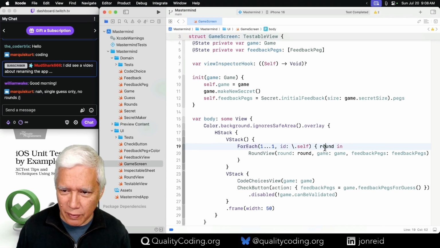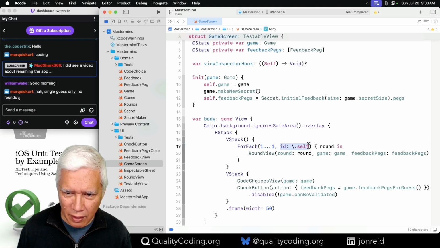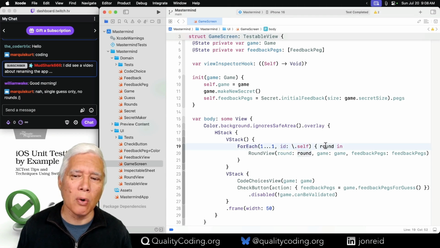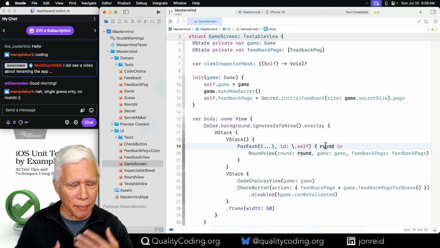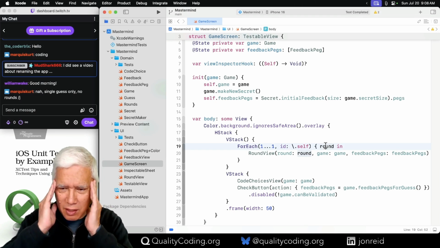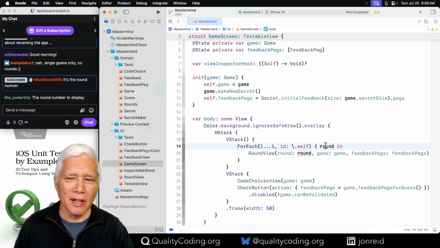Wait, I'm calling it round out here. What is this? Oh, for each looping over one with an i. Oh, it's round one. It's round number. Yeah. Okay, let's start cleaning things up.